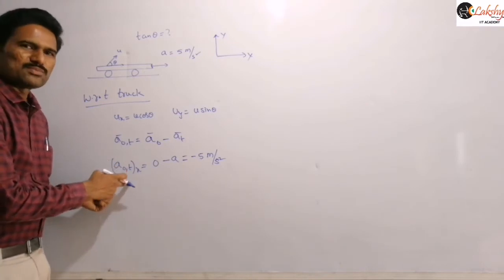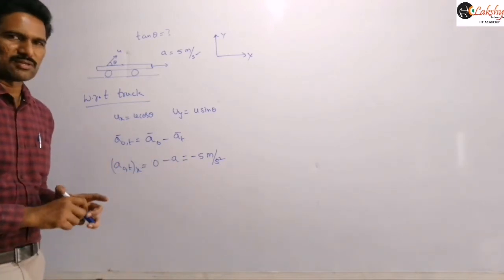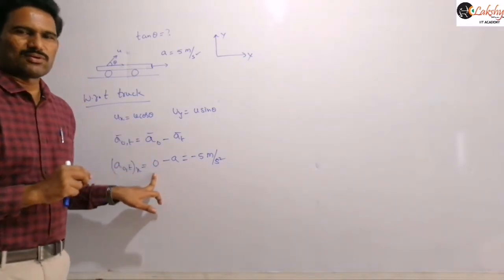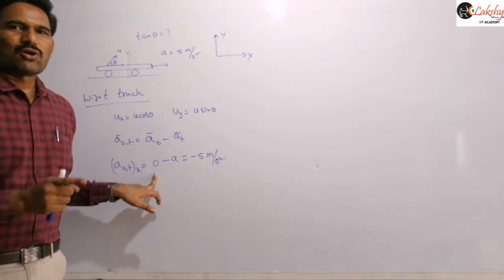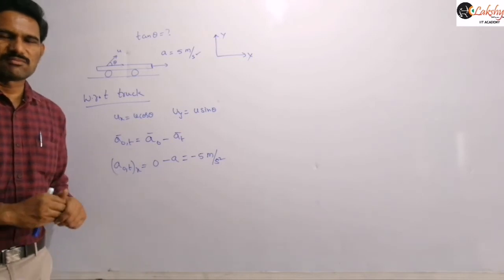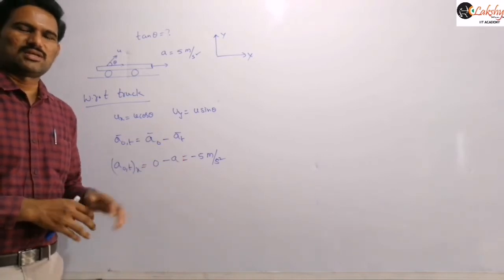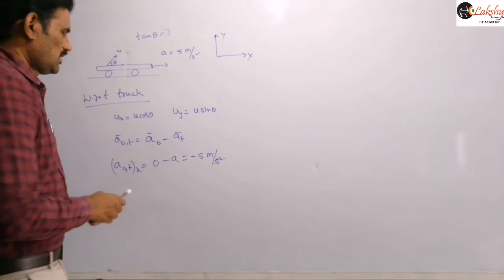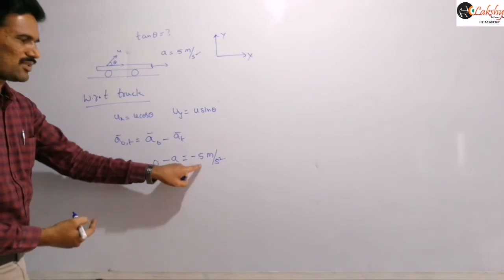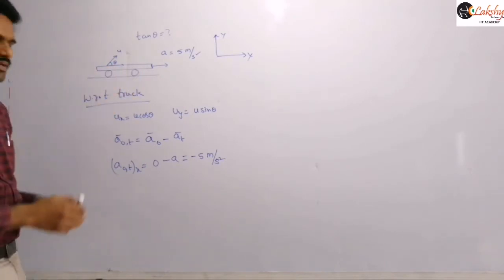The acceleration of the object with respect to the truck along x direction is equal to acceleration of the object minus acceleration of the truck. The object is not having any acceleration in the horizontal direction, because as I said previously, whenever an object is projected, it will possess only the vertical component of acceleration, which is nothing but g. In general, if we are not considering any effect of the wind or other medium, then it possesses only acceleration g, right? And so this is our horizontal component. So with respect to the truck, it is having this acceleration 5 meter per second square. That means with respect to the truck, the body is having some acceleration in the backward direction.